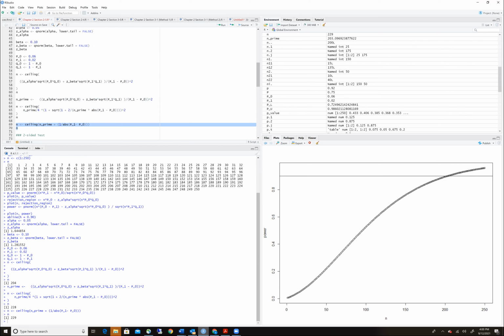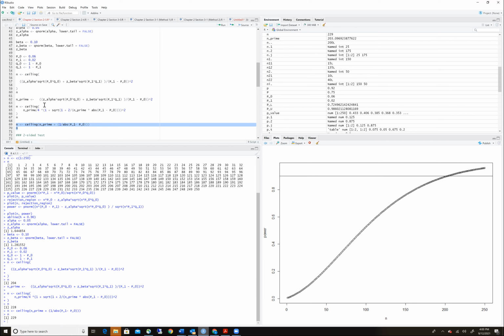So essentially these are pretty much agreeing with each other. We need around 200 people to be able to have the power that we're looking for to see the effect of a difference of 0.04 between the 0.02 and 0.06. So a pretty safe bet for how many people I need in my study is anywhere between 204 and